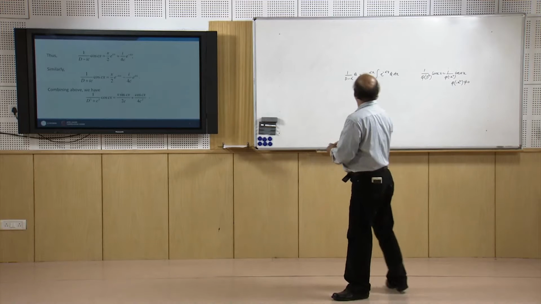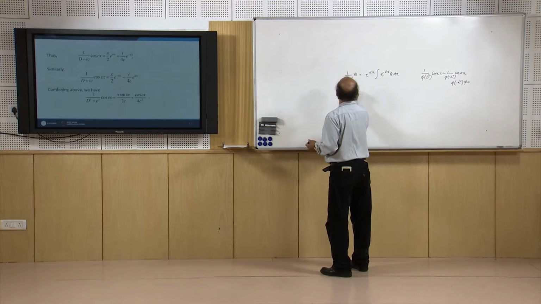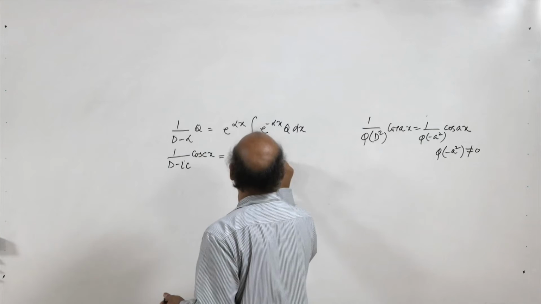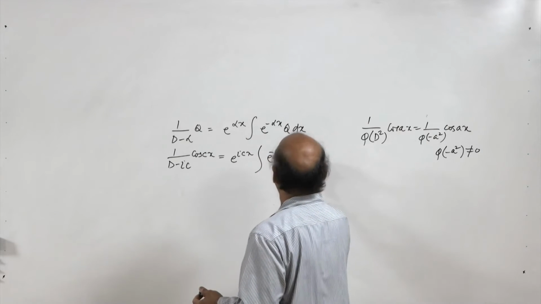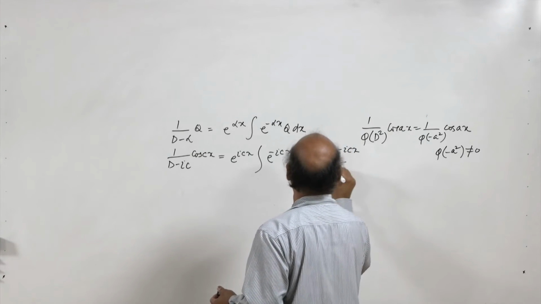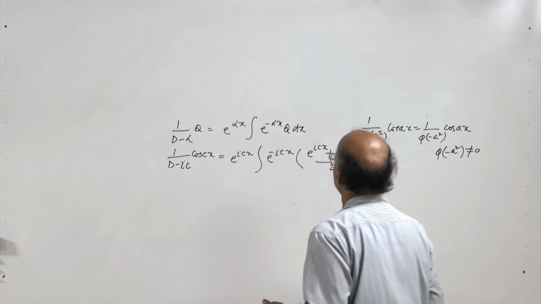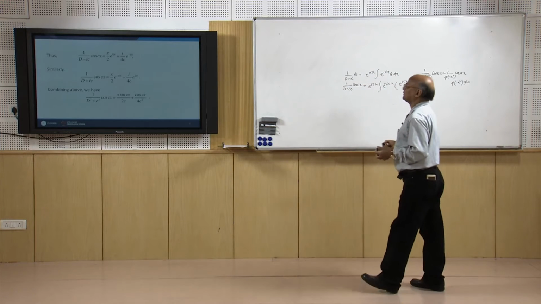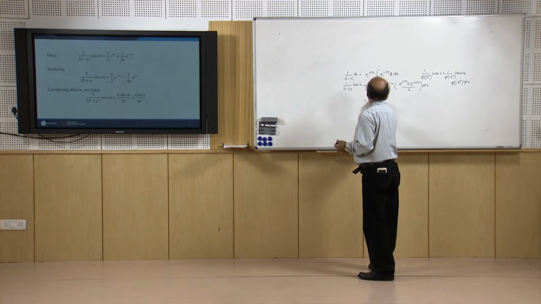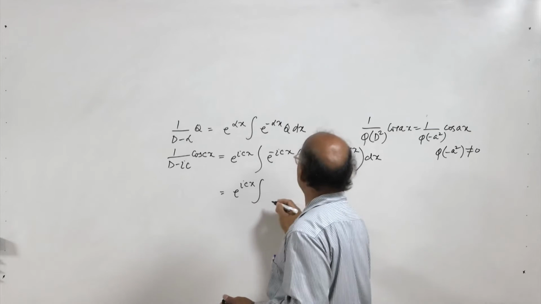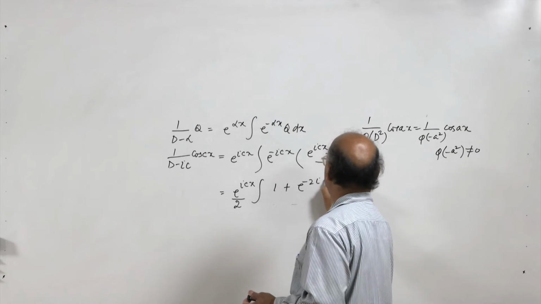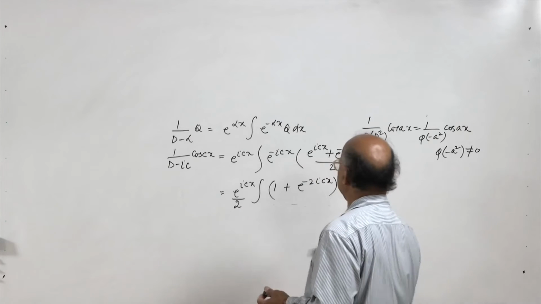Now, cos cx we can write as e to the power icx plus e to the power minus icx divided by 2, by Euler's formula. We know that e to the power i theta is cos theta plus i sin theta, and e to the power minus i theta is cos theta minus i sin theta. So, from there cos theta is e to the power i theta plus e to the power minus i theta by 2. Now, this is equal to e to the power icx integral, 1 plus e to the power minus 2icx by 2 dx. Okay, let us integrate it,